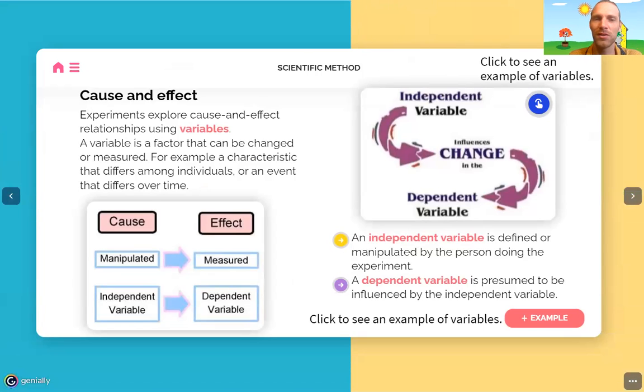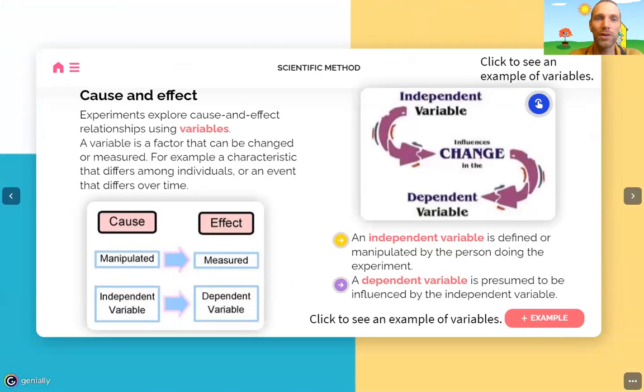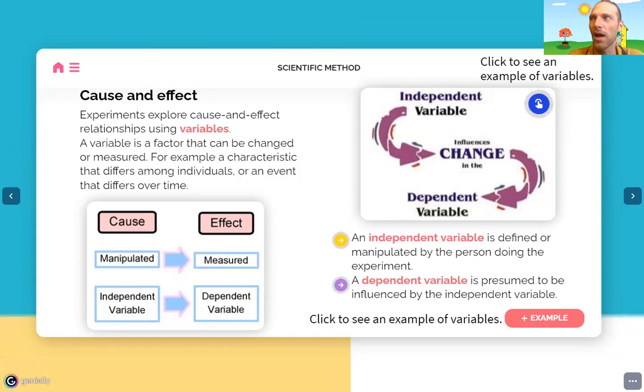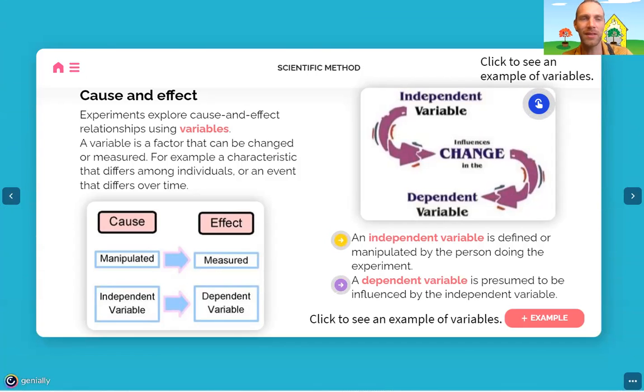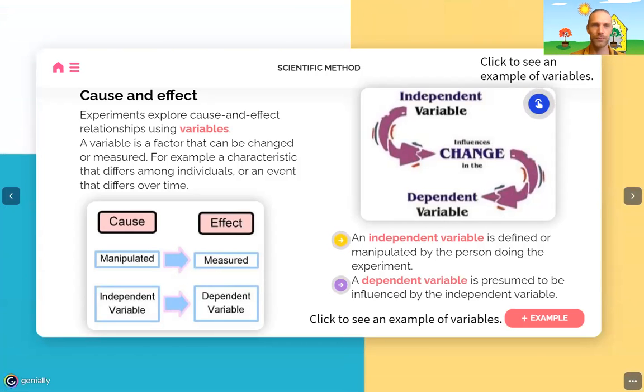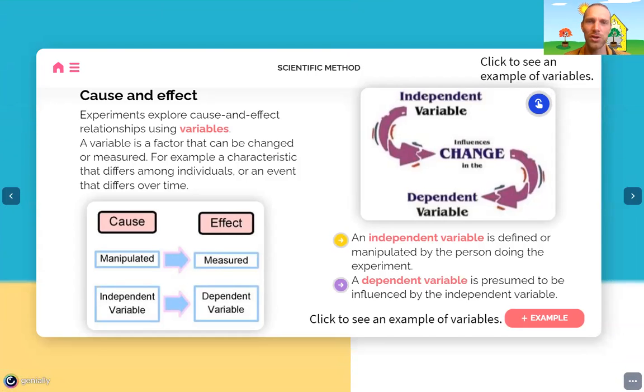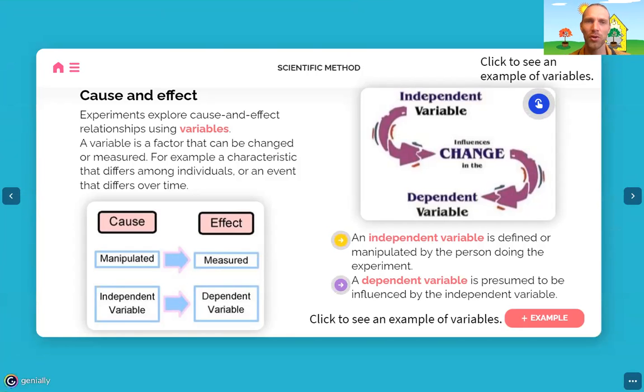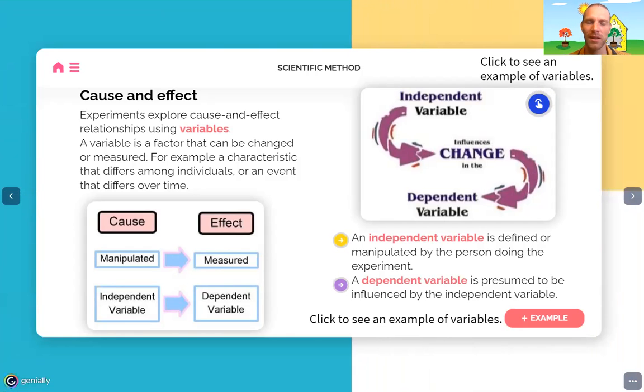Okay, so whenever you do an experiment, we call that a controlled experiment. In fact, you have certain variables. It's something to have cause and effect, and that's why look at my background, because I wanna explain it simple first. So a controlled experiment is that you compare two things with each other. One thing you don't manipulate, which is the control group, and the other thing